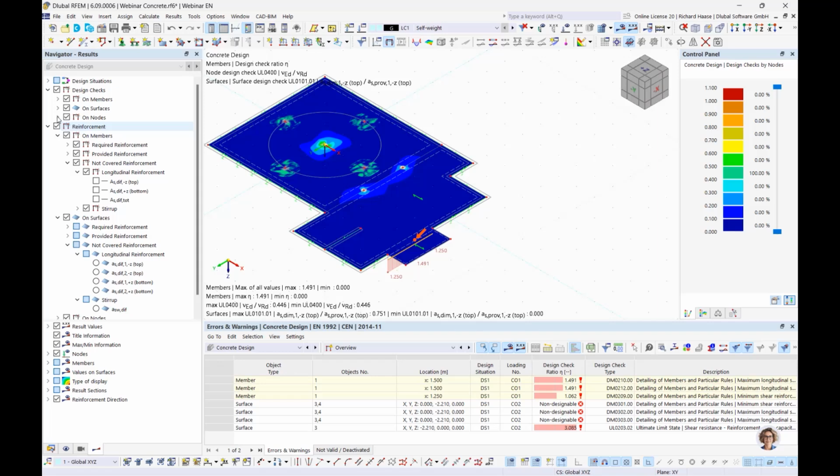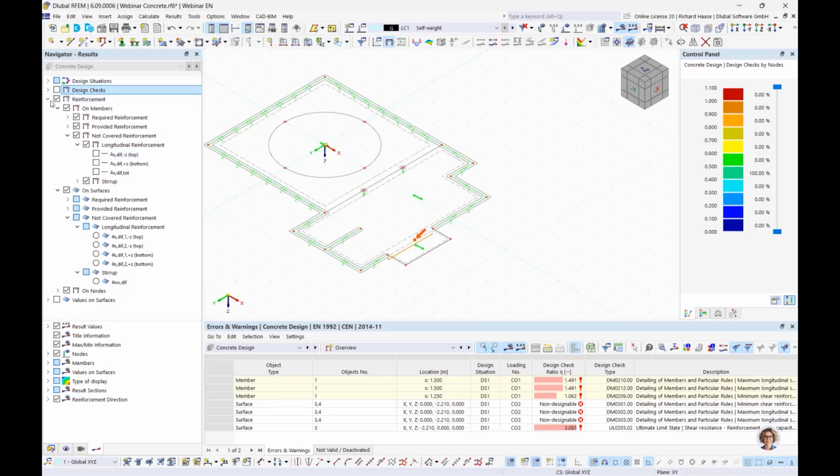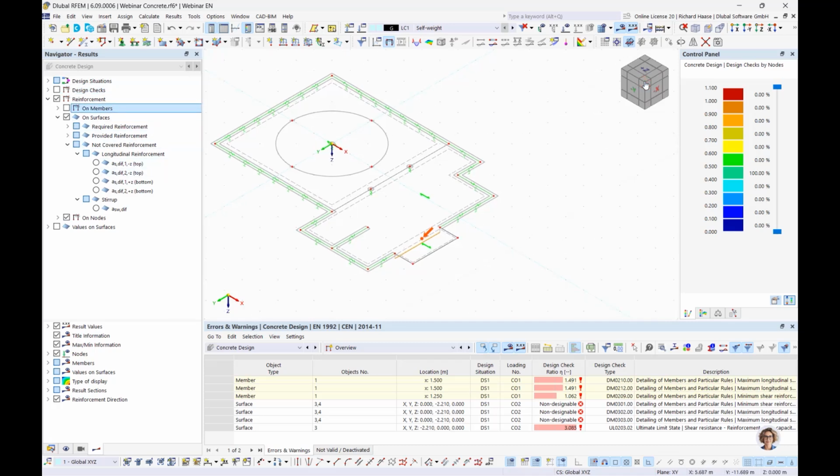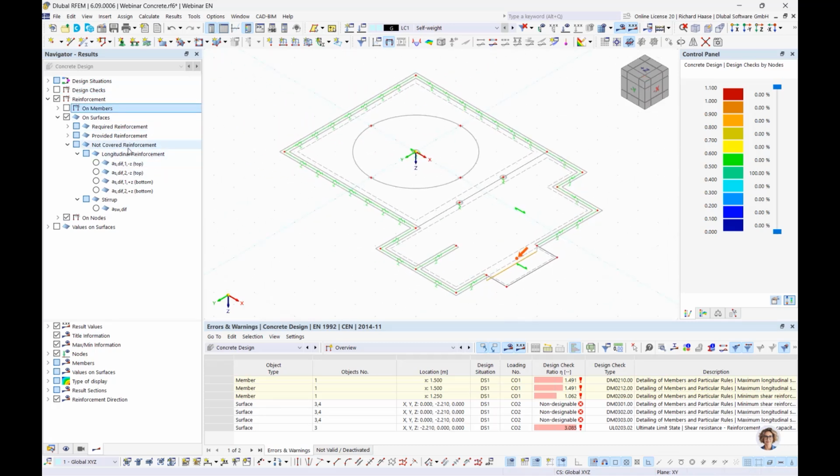Okay, then let's first start with the reinforcements for surfaces. And yeah, that's my way of working, and I want to show you the good points of that. I always start with the reinforcement checks, and we have modeled our 16 diameters with 10